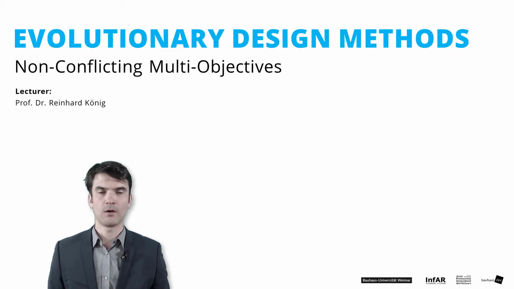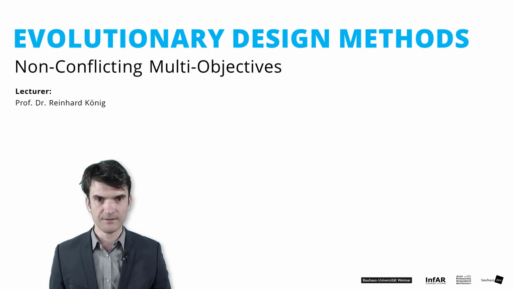Ladies and gentlemen, welcome to our first exercise on multi-objective optimization methods in Grasshopper. We start with an example for non-conflicting multi-objectives, respectively for considering more than one fitness function, fitness